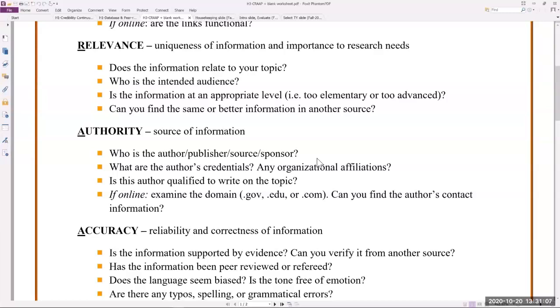Those are the ways you need to look at your resources when you're evaluating whether or not you want to use it. The next one is authority. Who wrote it? Where does it come from? Who's sponsoring the person who's writing it? If it's from, let's say, an organization's website, can you get a hold of the author? There are a lot of times on the internet you have no author or you have no information about the author. Do you want to spend your precious time trying to track down who the author is, or should you move on to something else? These are questions you need to ask yourself.